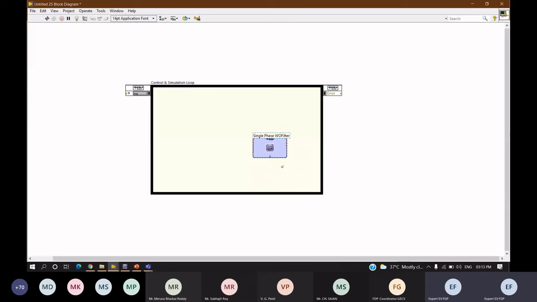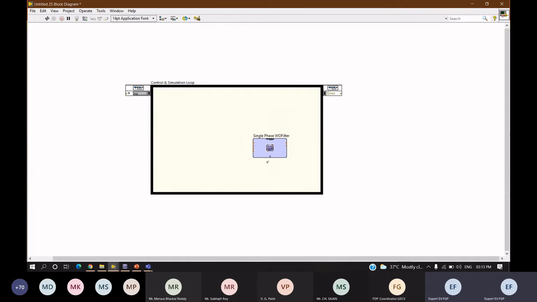As I already told you, in LabVIEW we are just going to provide a reference input for a circuit and measure the response. So here we just need to give an input and we'll see the response out from this circuit using this model. This is what we are going to do with this multisim design.